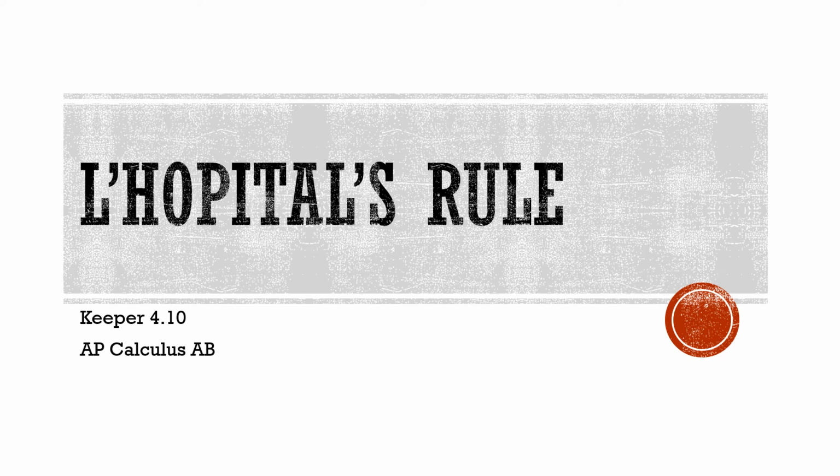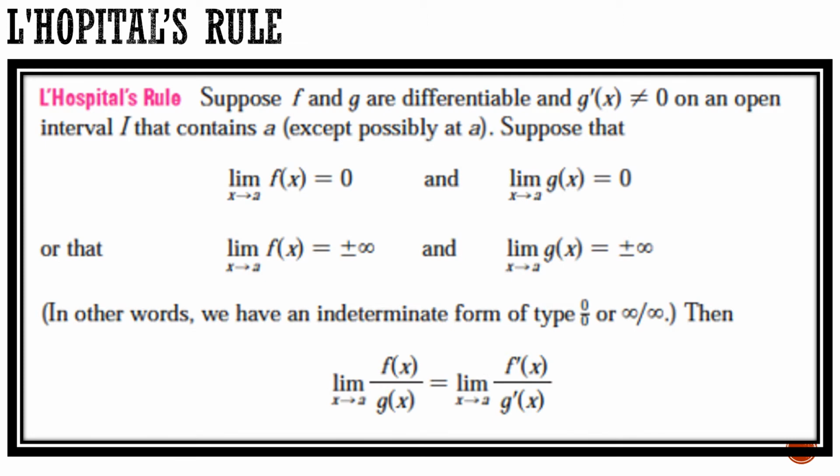Today we have Keeper 4.10, L'Hopital's rule. All right, so L'Hopital's rule is basically a rule that helps you to find your limits a little bit faster. In the event that when you initially plug in your value and you get 0 over 0, or infinity over infinity, negative infinity over negative infinity, you can use L'Hopital's rule very easily to reduce it down to get your